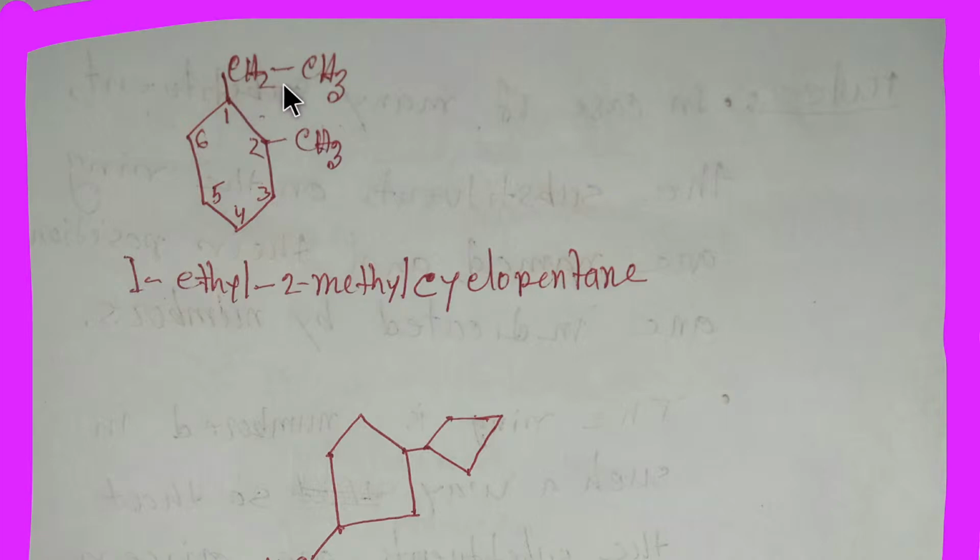Well, in alphabetical order, we have to consider ethyl first. So 1, then 2, 3, 4, 5, 6. If I number this compound this way, 1, 2, 3, 4, 5, 6, the position of the methyl group will be at carbon 6. That is not acceptable, so we have to number in this way. Since the position of ethyl, from E, is before the M, we have to write 1 ethyl, 2 methyl,